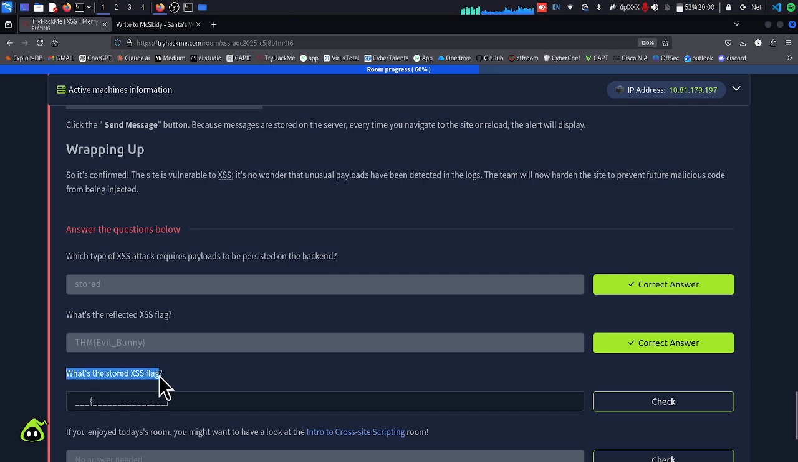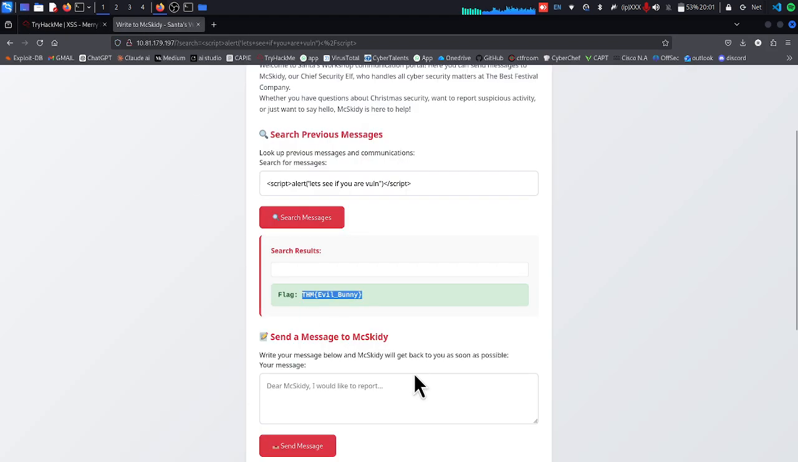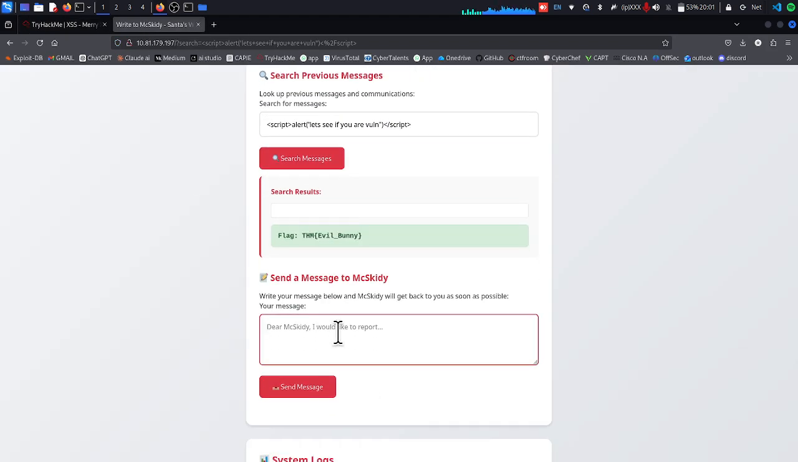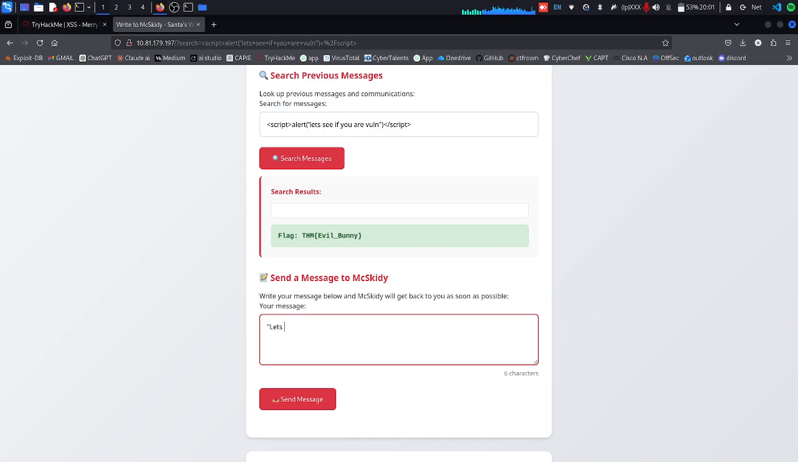What is the stored cross-site scripting flag? The keyword here is stored. Stored is not as direct as reflected. We have to put it like a legitimate message being sent to the server. So we'll say, welcome the festive season with a style, just normal words like how you'd send a message. Then when you're done with the normal words, I'll now add the malicious script. So script,